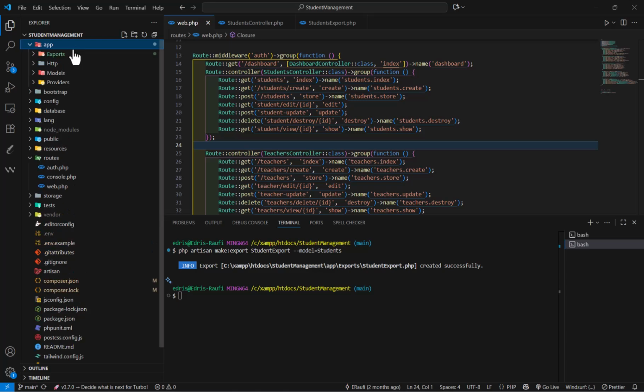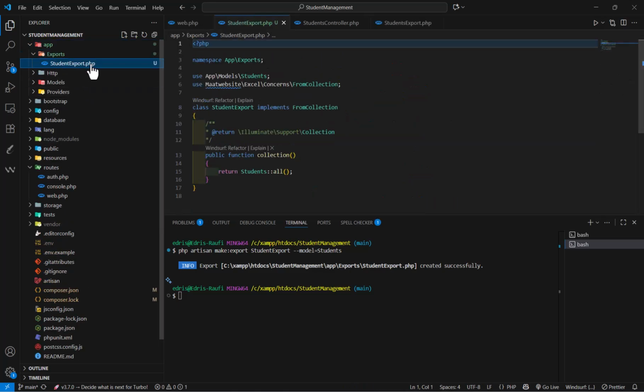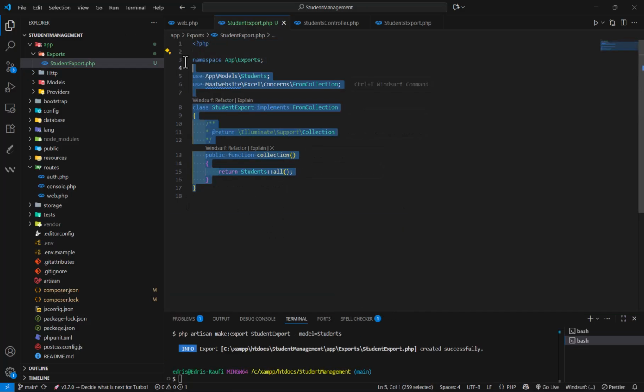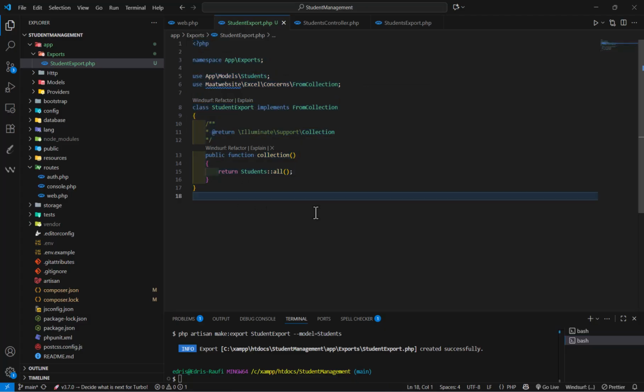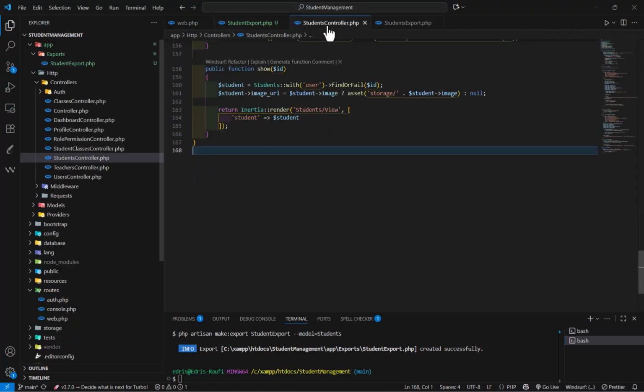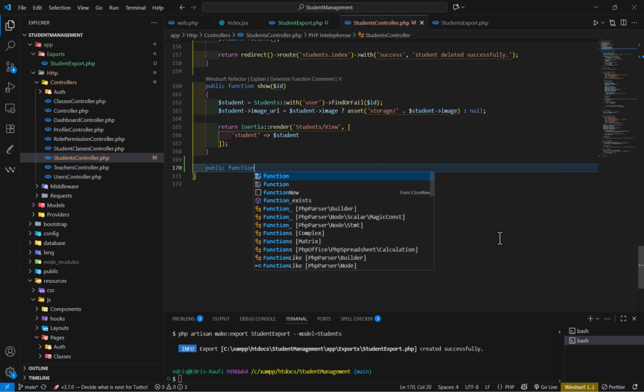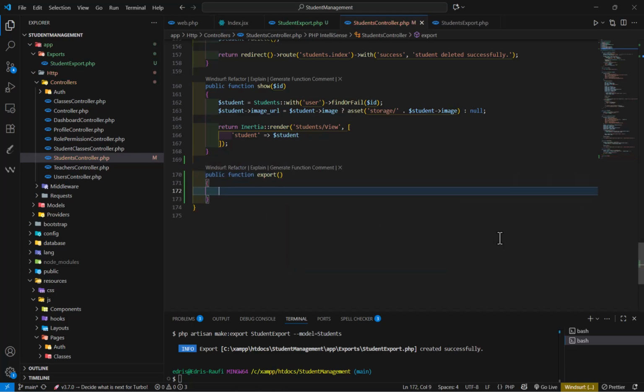Now, if I go inside my app exports, I have a new file with the name StudentsExport. If I don't change anything and directly call this class, it will export everything inside my students table. So let's go to our students controller and in here call this class. Let's create a new method in here. Let's call it public function export. And in here we will type return Excel